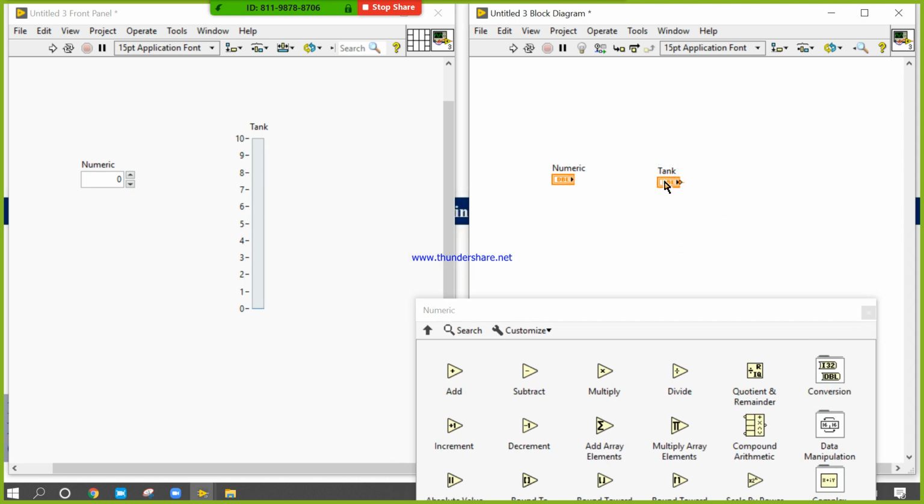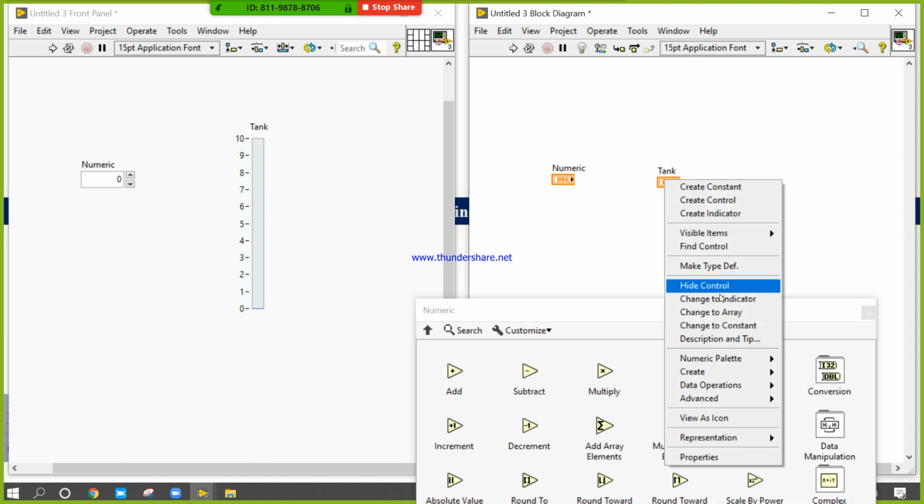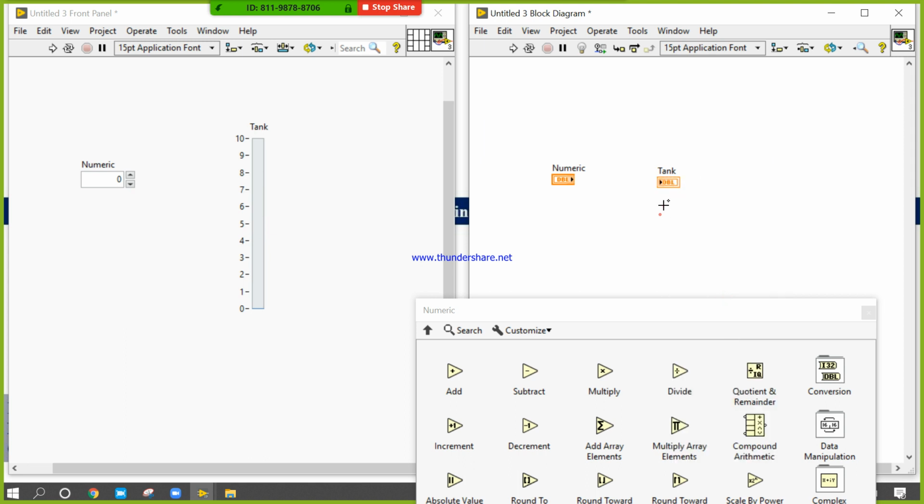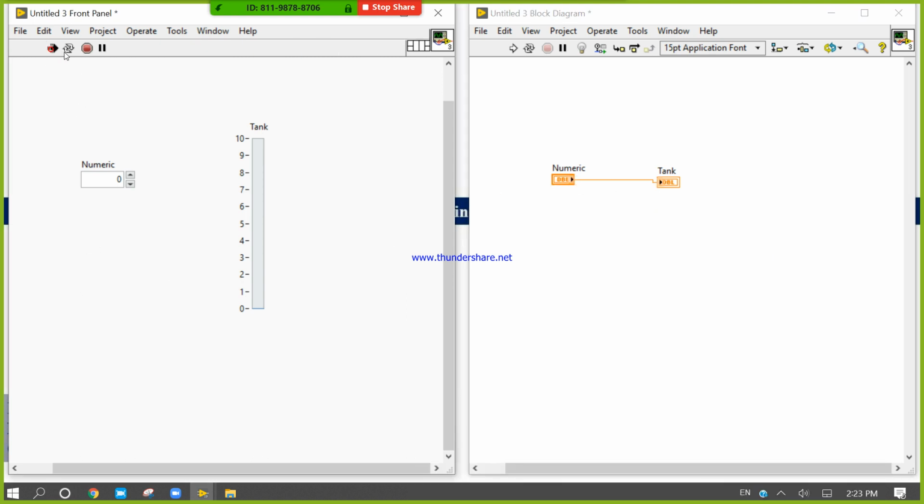This tank is the control type. Right click on this tank, change it to indicator. First class, second class, third class, fourth class. Now you can increase and decrease the value.